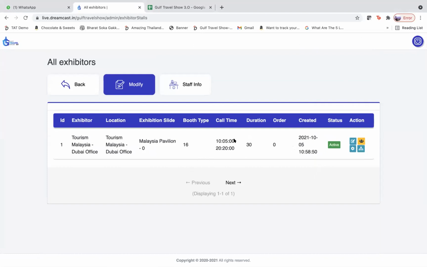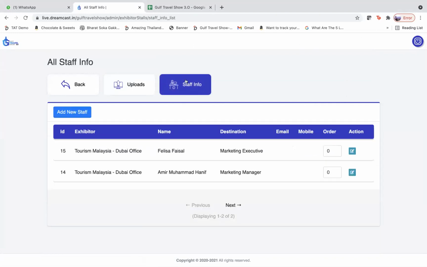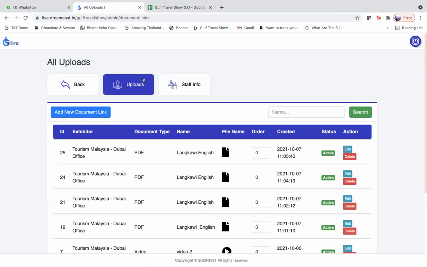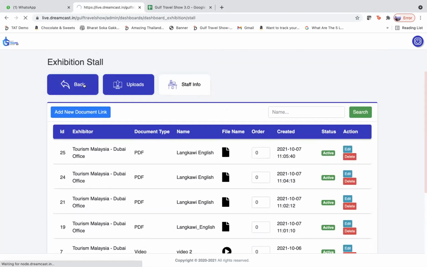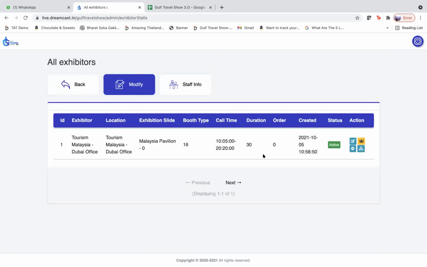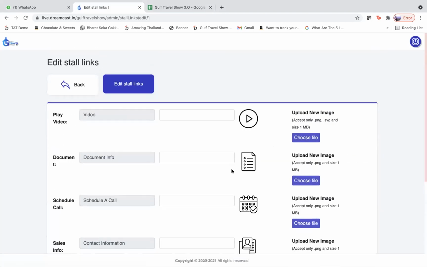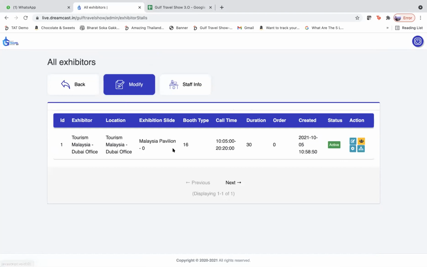Here we need to change the timeline. The timeline, just confirm from the beginning and the end. Whatever other SPOCs are doing, you can check that. The duration is basically the total duration per meeting, and so forth. Can we change it? Come again, Angelito, what's the question? Can we change the time? Yes, that is editable. We go to modify when we do the stall links here, and you can edit all this information as well as the time.